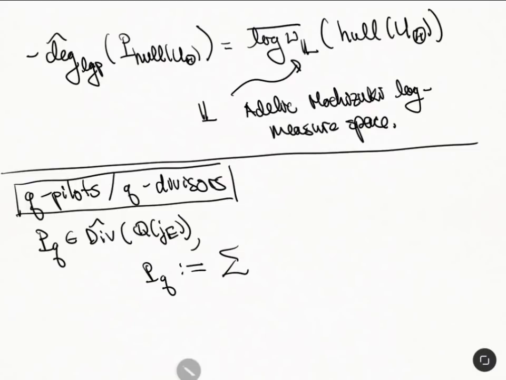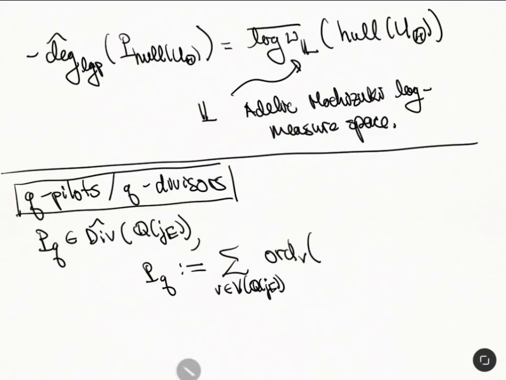This is not going to be cool. So this is going to be the degree, or let's say the order with respect to V. So this runs over V in V of Q, J of E. This is the field of moduli of